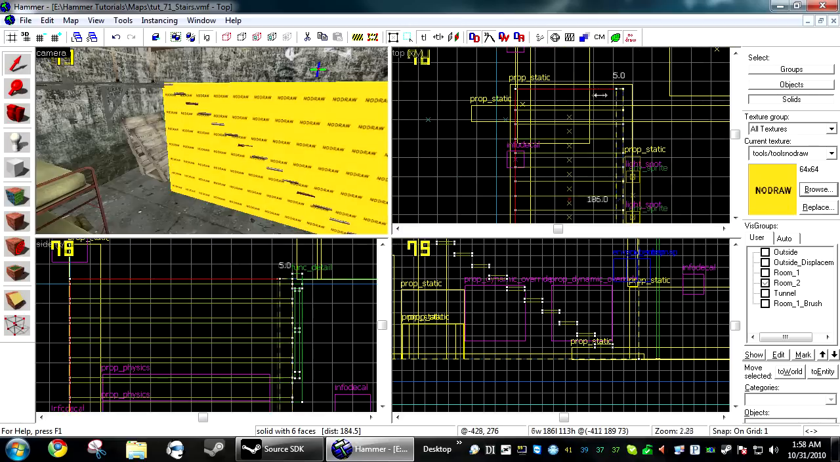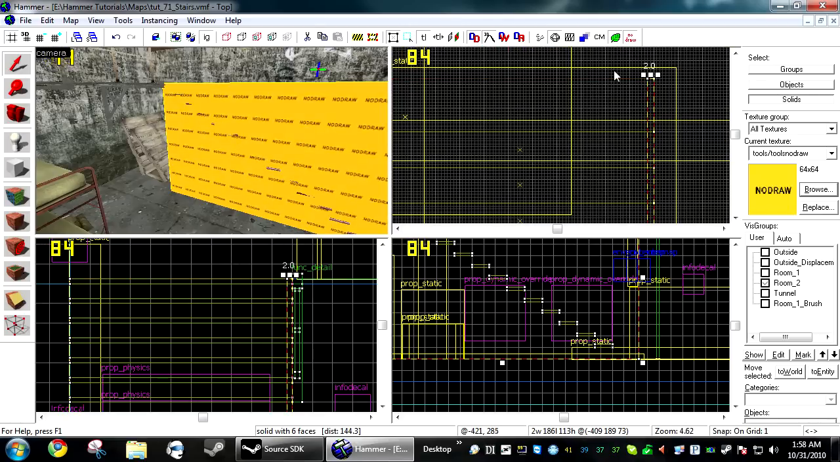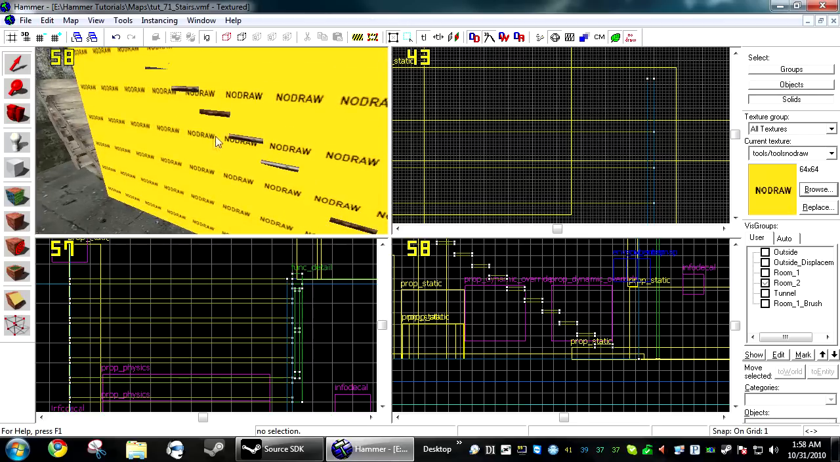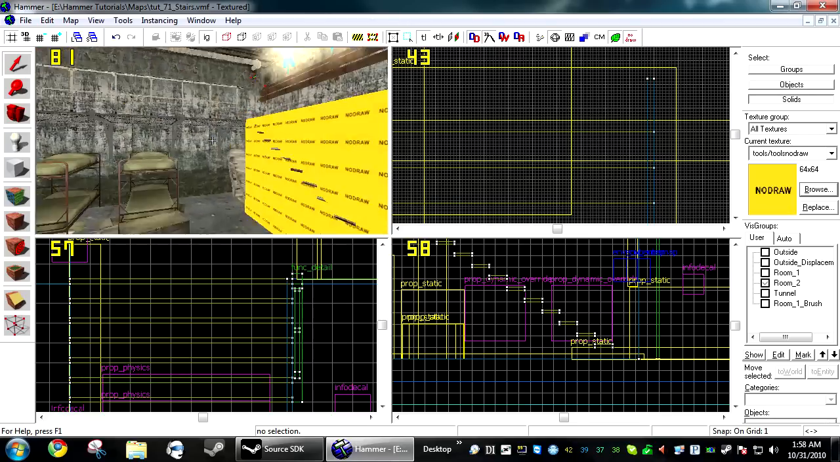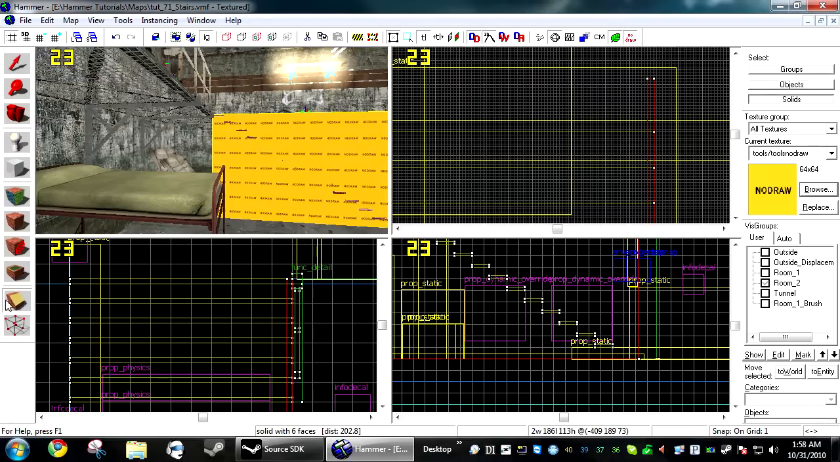And you want this to be 2 units thick. You can adjust this later if you want. And it should be clipping with the edge of the stair here. So there's clipping happening. Now what you want to do is grab the clipping tool,